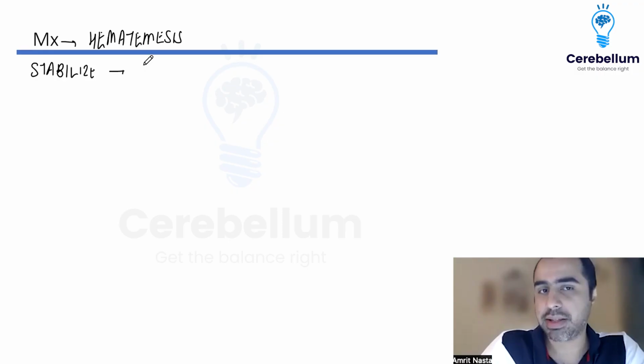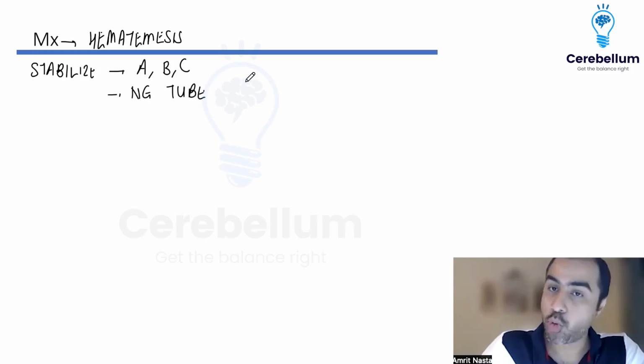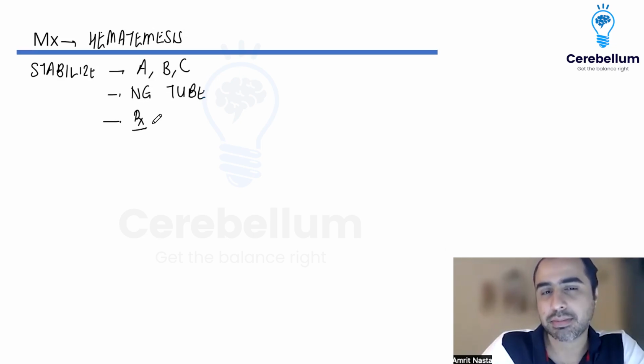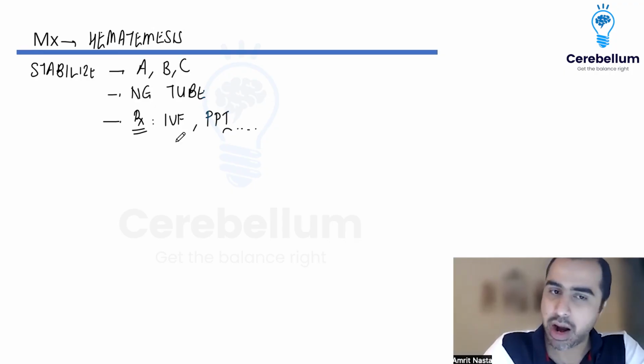Means I will do ABC. Then I will put a Ryle's tube to confirm he has hematemesis only. Then I will give him some basic treatment, like IV fluids, PPI, normal treatment. And once he gets stabilized,